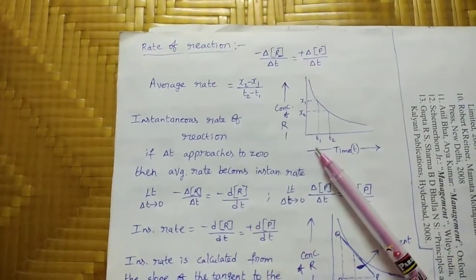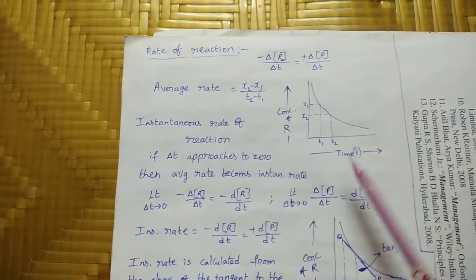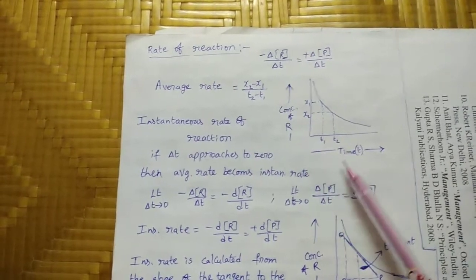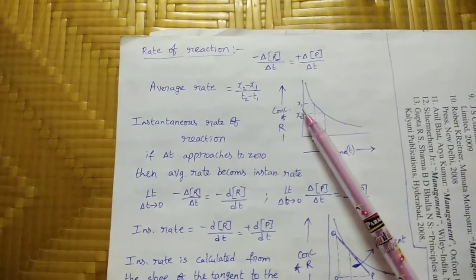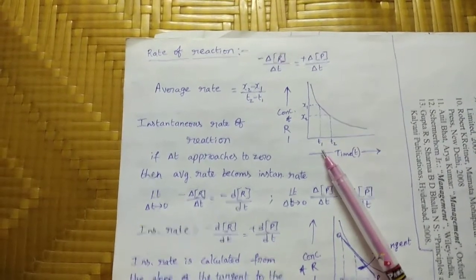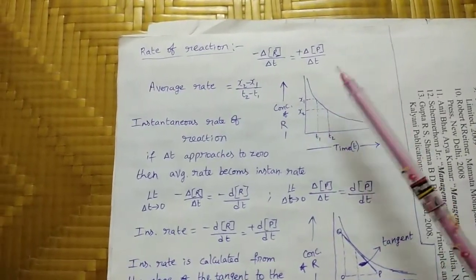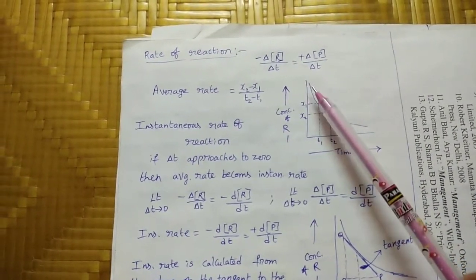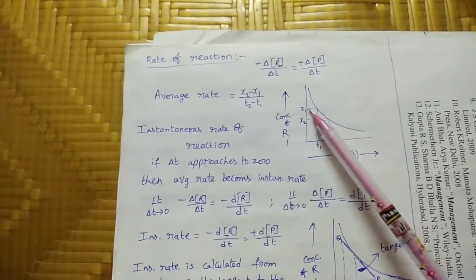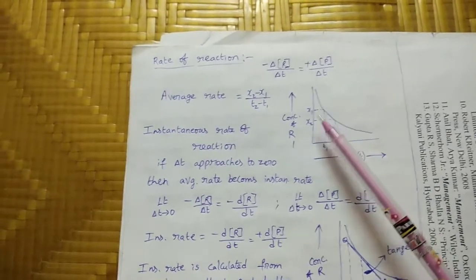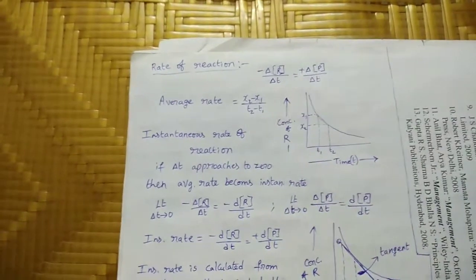See this, if we take a graph between concentration of the reactants and time, concentration of the reactants on x-axis and time on y-axis, we can get this type of curve. For this, if we draw tangents at x1 concentration, time is t1, at t2 time concentration is x2. Okay, see this. Initially very high concentration, with increase of time, gradually concentration of the reactants is decreased. So here x1 is higher value and x2 is lower value. Now substitute these values, then we can get average rate.